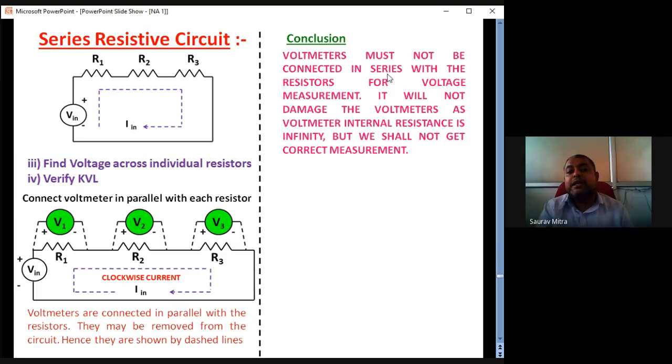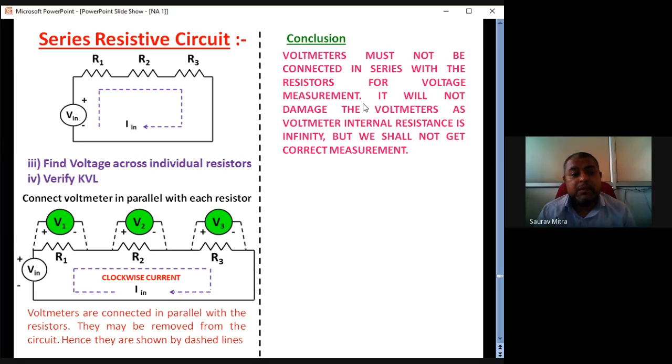Voltmeters are not to be connected in series with the resistor for voltage measurement. But unlike an ammeter, if you connect an ammeter in parallel, it will burn because its internal resistance is zero. If you connect a voltmeter in series, it will not burn because its internal resistance is infinity. As soon as you connect a voltmeter in series with the components, you will find that the circuit current will drop